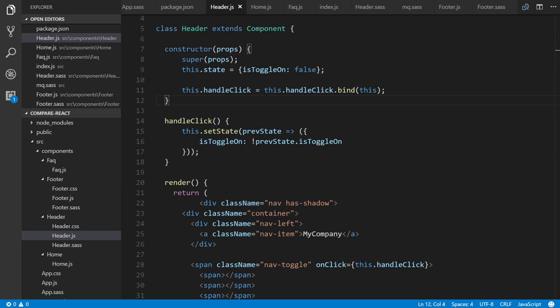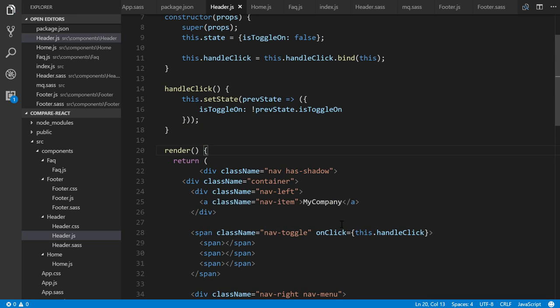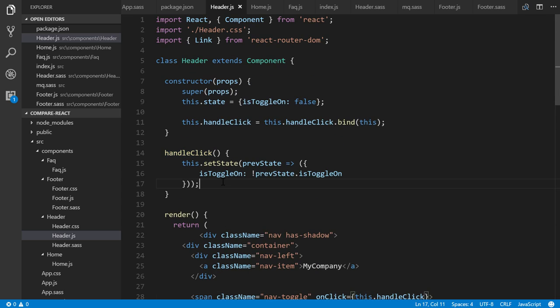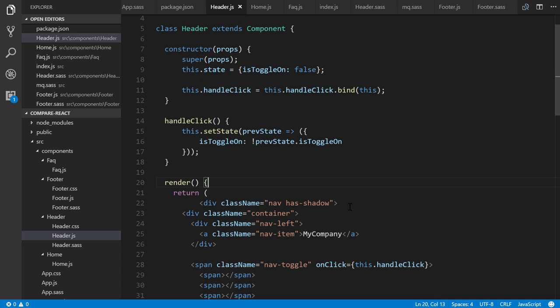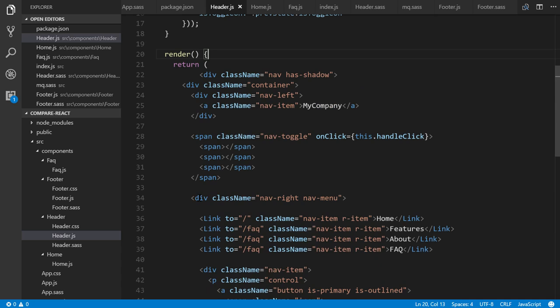Now let's save that. And basically what's happening here is on click, it's going to call our handleClick method right here, and we're using this.setState, and this is toggling back and forth. It is isToggleOn from true and false essentially. And so if we ran it now and we clicked it, nothing would happen. That's because this menu right here, we have to add or attach an isActive class onto it